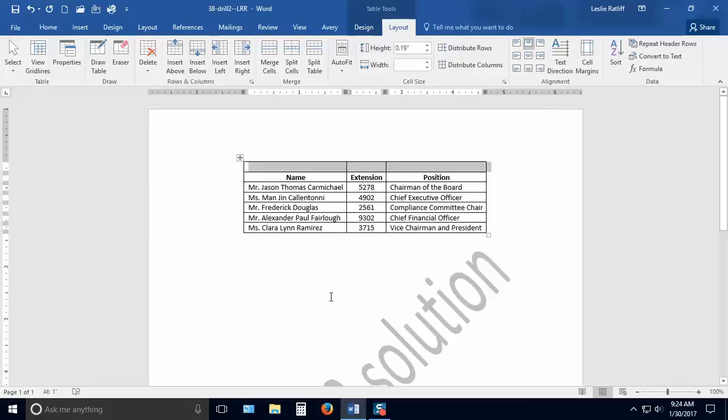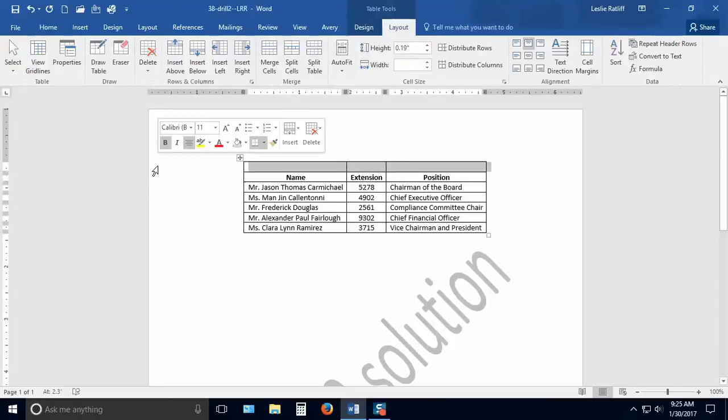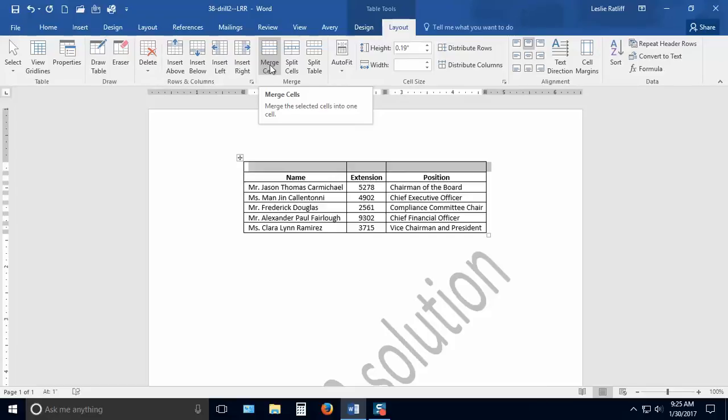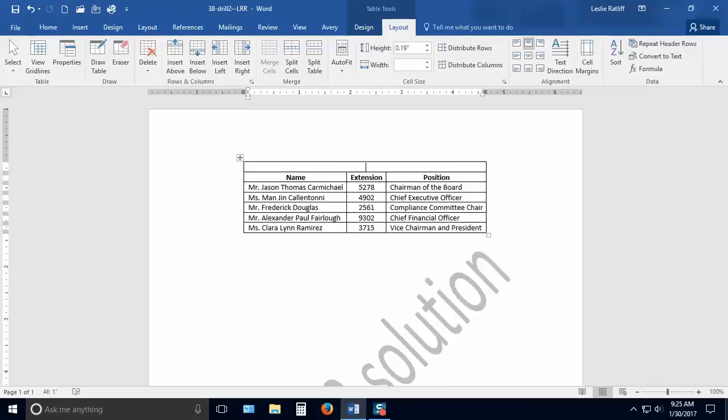So we're going to create one big cell out of these 3. With those 3 cells selected, or whichever ones you want to make the bigger cell, in this case all 3 of them, you come up to the Layout tab in the Table Tools group and click Merge Cells. When you click Merge Cells, it changes those 3 into one big cell, and then you can type in the title of this table,